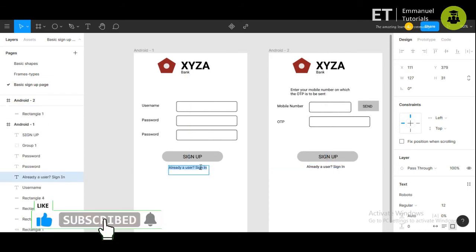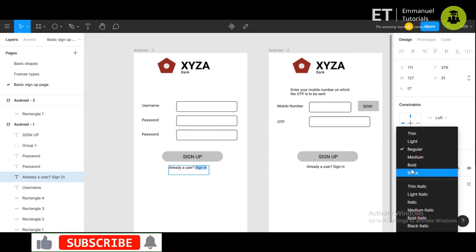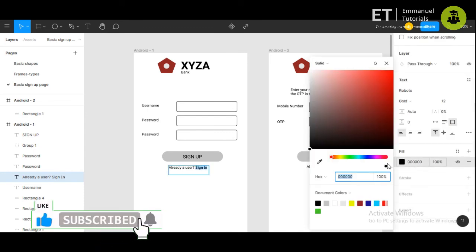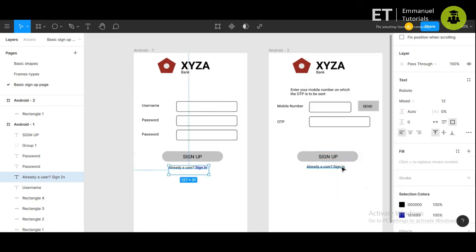Now since sign in will be a link, to make it more highlighted for the user, we'll make it bold and also change the color. Similarly here.